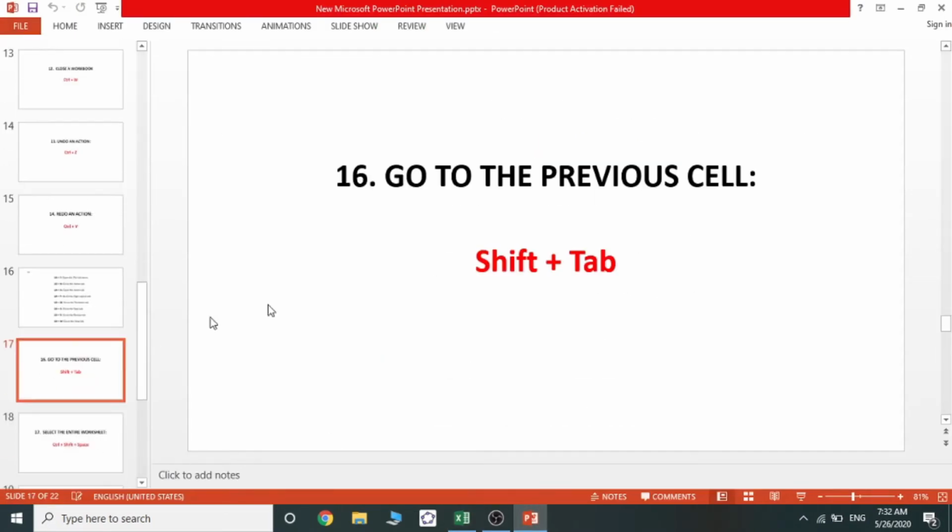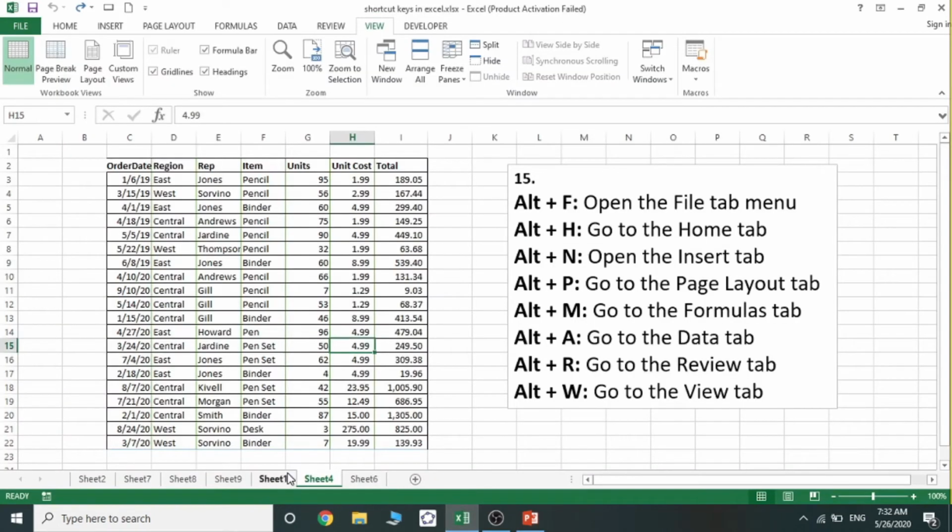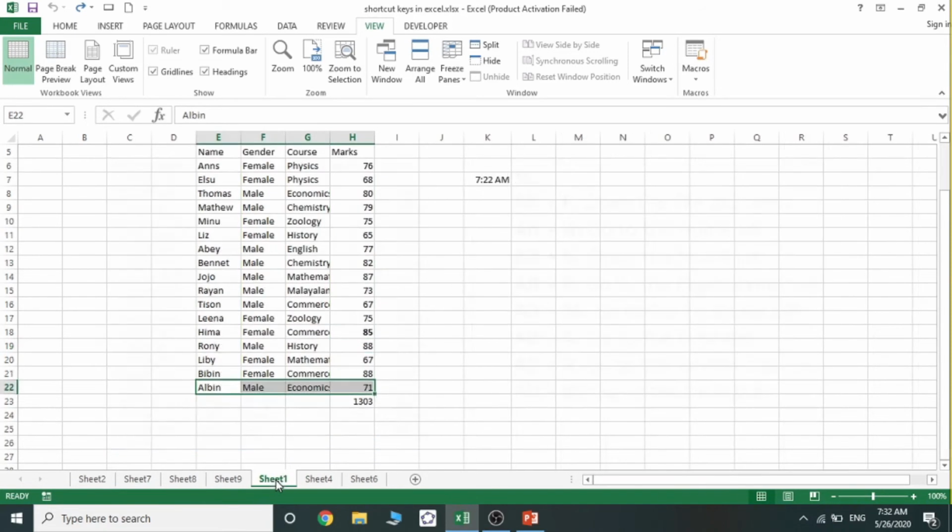Then next is go to the previous cell. So Shift plus Tab, I will show you. We want to go to the previous cell. For that, Shift Tab, again Shift Tab, again Shift Tab.